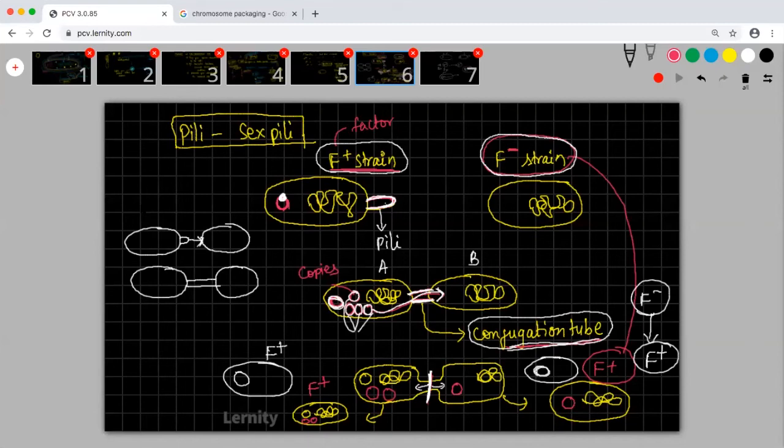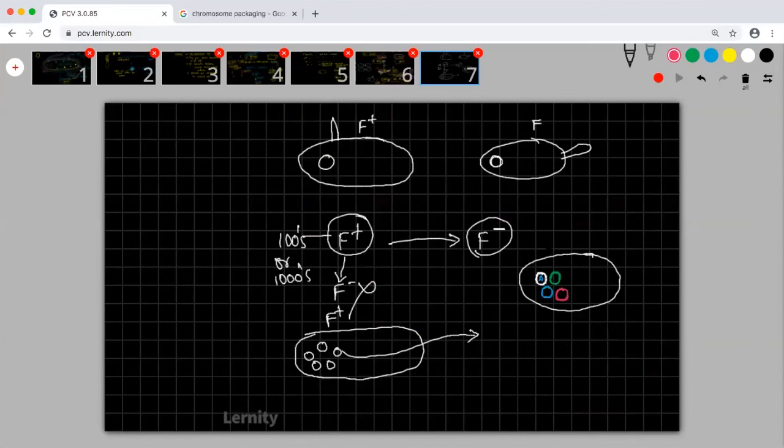Sanjay is asking, is the superbug very effective because of conjugation of all types of resistant plasmids? Yes, that is correct. So what is a superbug? A superbug is one which has plasmids for all the known antibiotics, or it has one plasmid which has resistance for all of them. So the superbug is created because of this conjugation method only.